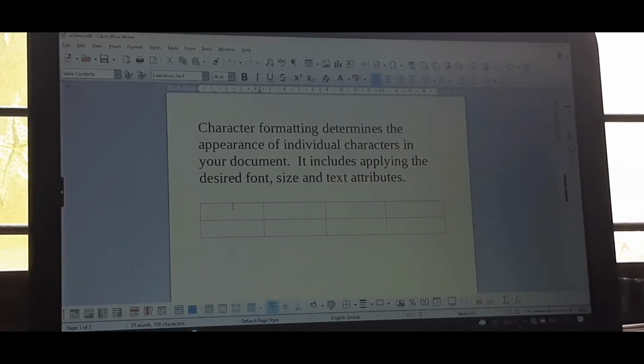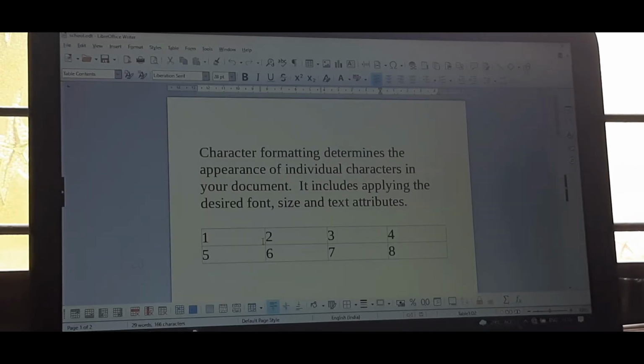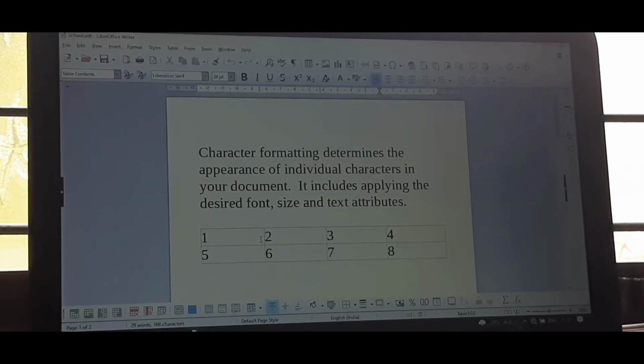in a table. So before that, I am just adding some numbers here, to identify the insertion of rows and columns. Okay, then you can see the cursor here.